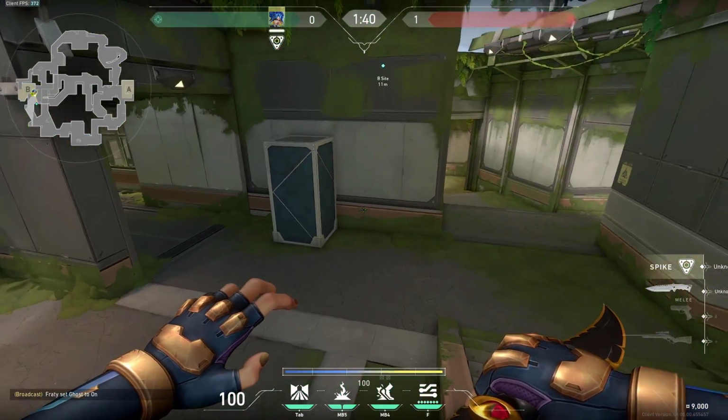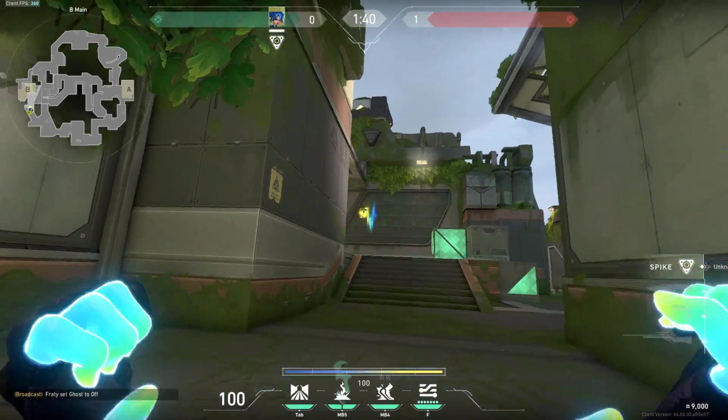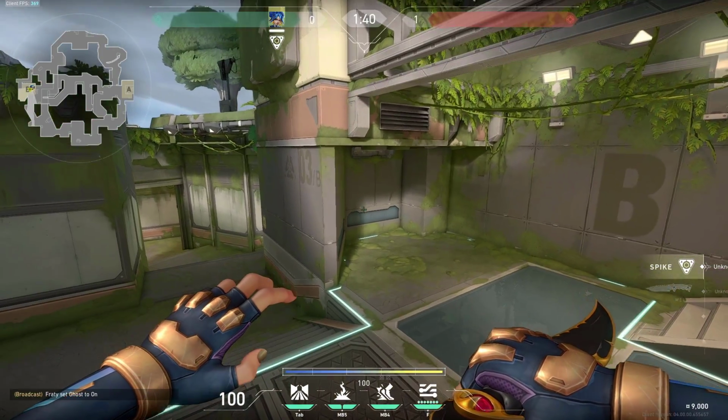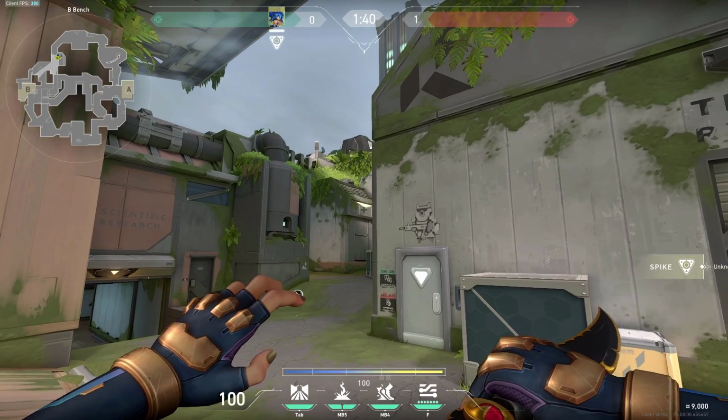Anyone holding behind this close corner. And if you want to stun side, just very simply do it like this. It's gonna work perfectly and stun anyone who is here on the back side. If you are pushing from arcade, you can do this stun. Just very simply